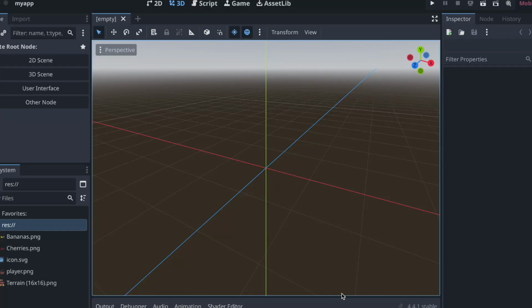In this video I will show you how you can make a player collect fruit or coins in a platformer game, a 2D platformer game in the Godot game engine. So let's get started. Here you can see I've just created a simple project and I have added some